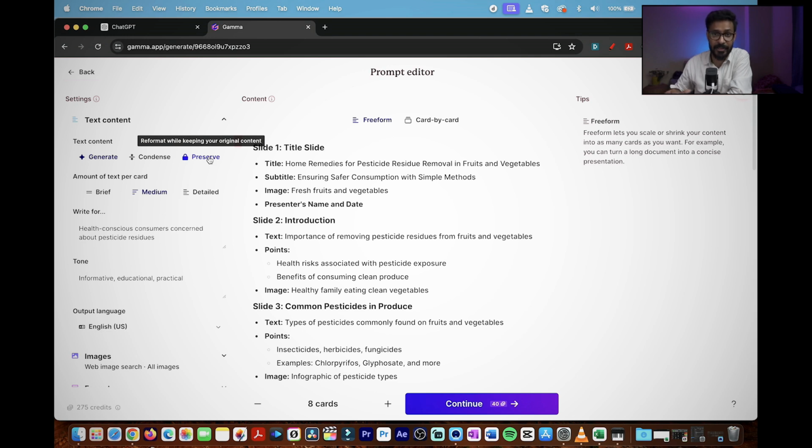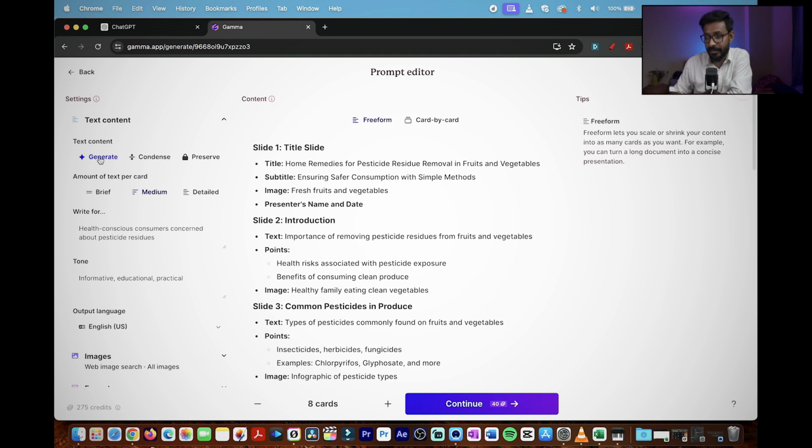Preserve means whatever text or outlines you have pasted from your earlier generation will be kept as it is, not changed, and carried over to the next step of creating the slides. Now I will select the first option, generate,